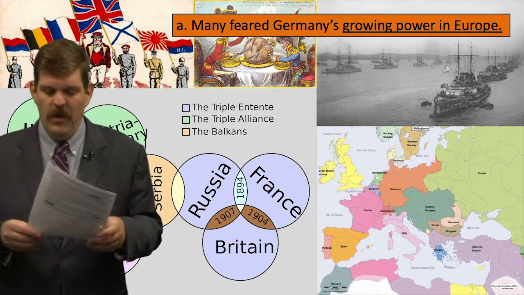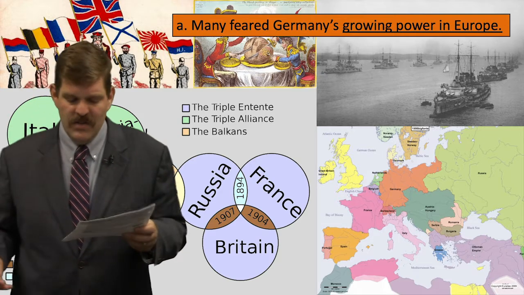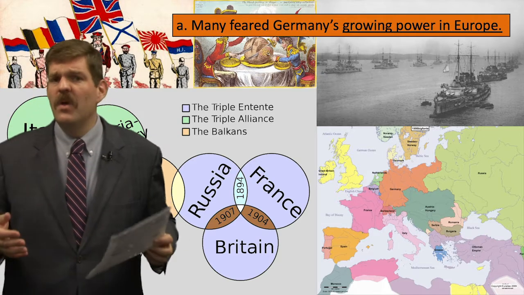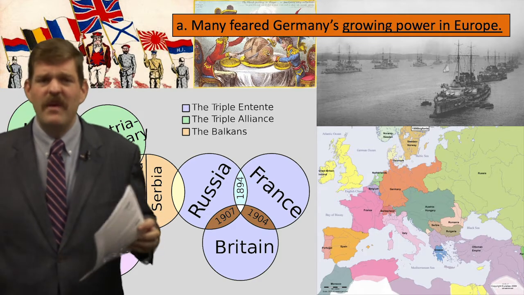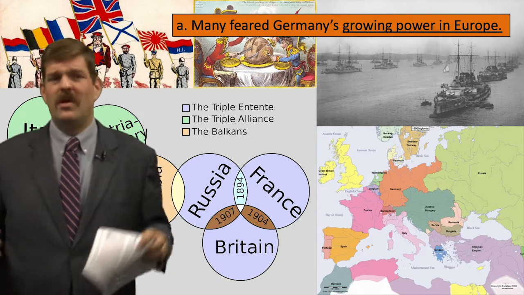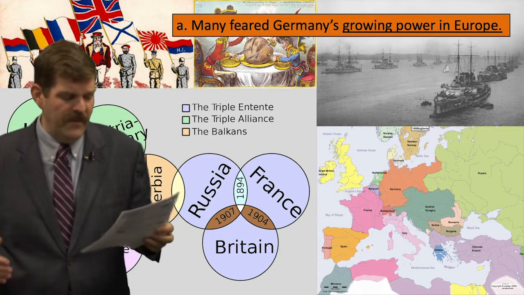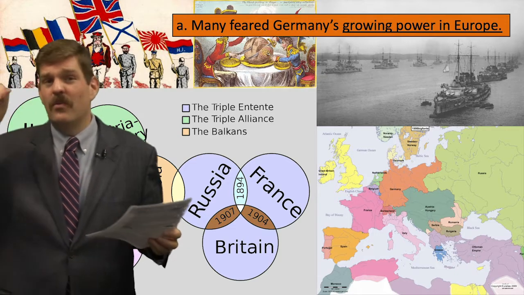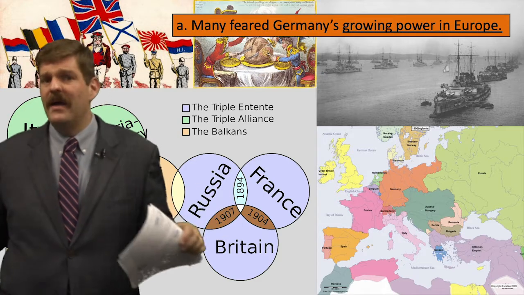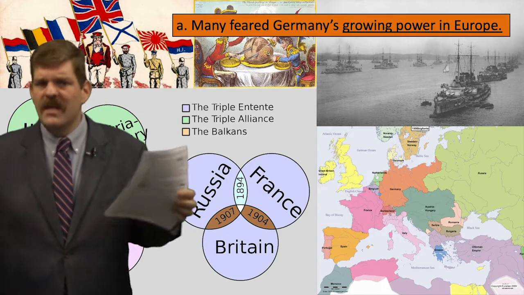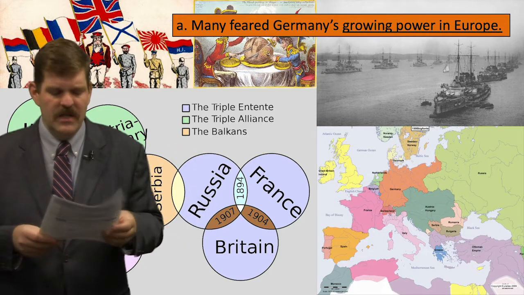Various ethnic groups were resenting being dominated by outsiders, though, and they wanted independence. You also see that Russia considered itself to be the protector of all the Slavic peoples in all the other countries. Russia just thought of themselves as the big brother that would look out for other people. The fear of Germany, the Russian protectionism, these other countries which had been subsumed by larger countries, all of those things kind of fueled nationalist unrest.